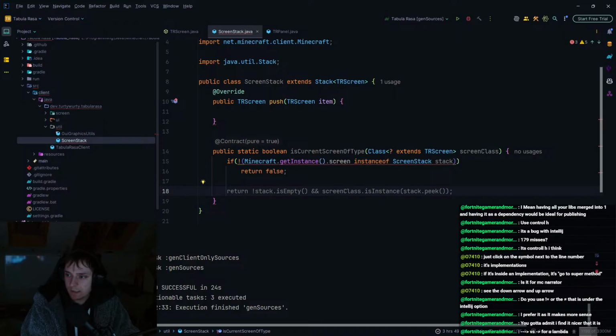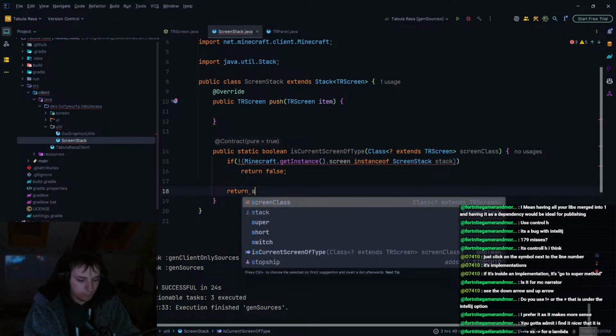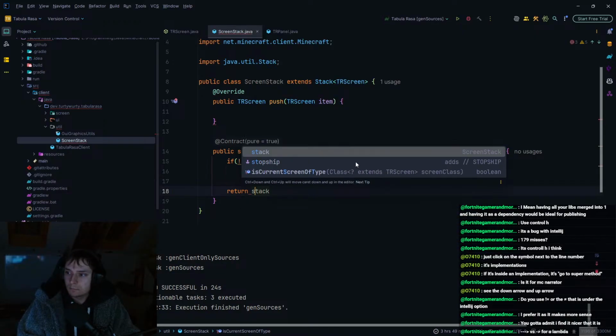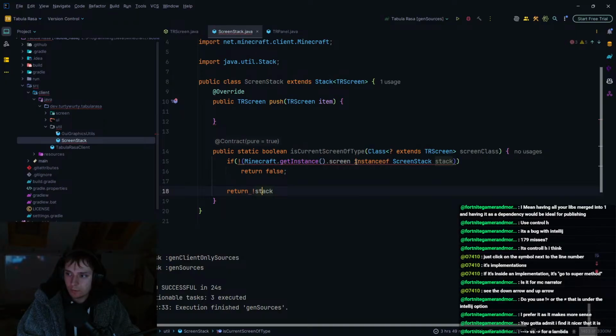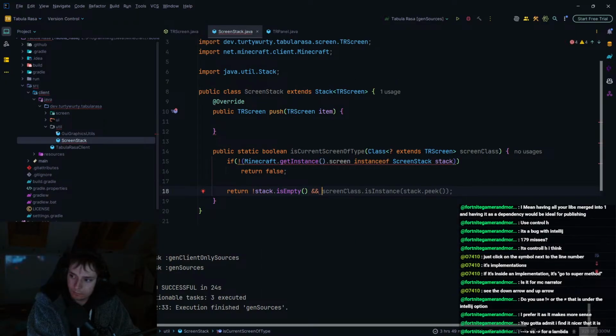Else we can just say return stack is not empty. Yeah, this basically, right? So if this itself was actually a screen,